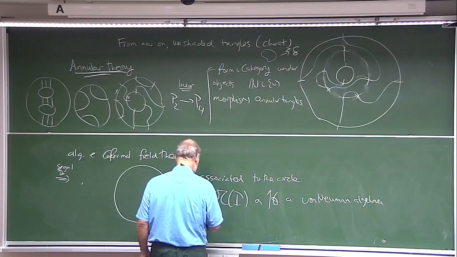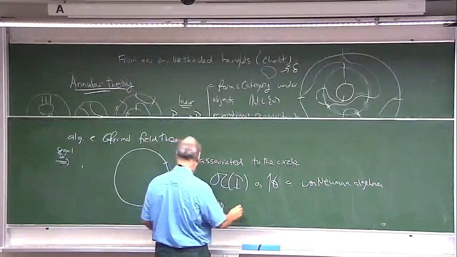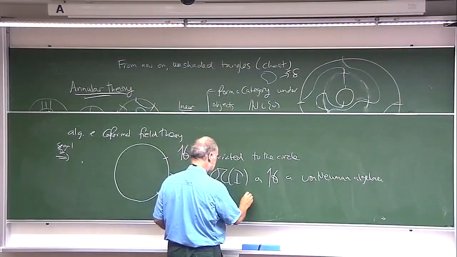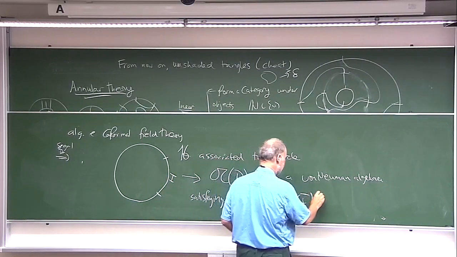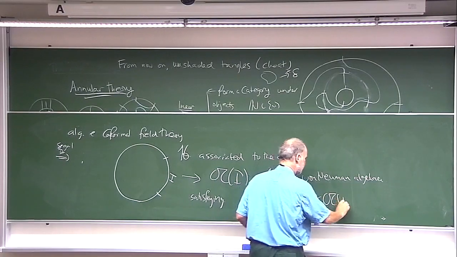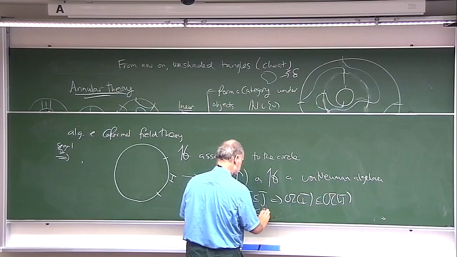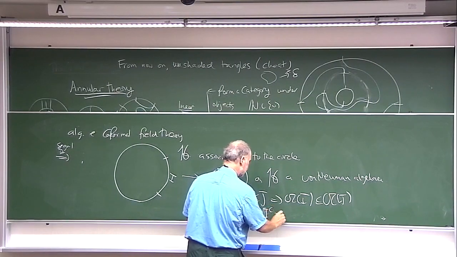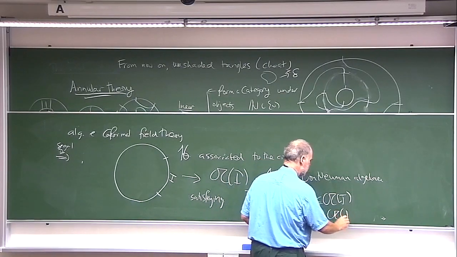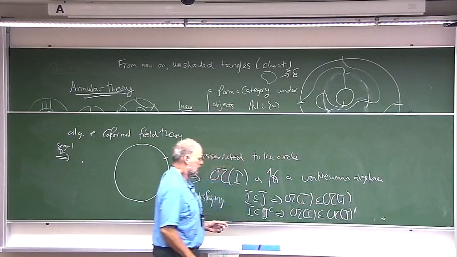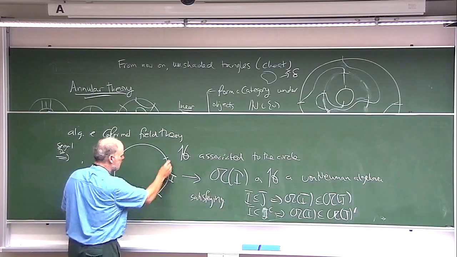Satisfying certain properties, which I'll tell you. I contained in J implies A of I contained in A of J. And more significantly, I contained in the complement of J implies that A of I is contained in the commutant of A of J. Okay? So these are two of the axioms, and the idea is simply that this A of I is supposed